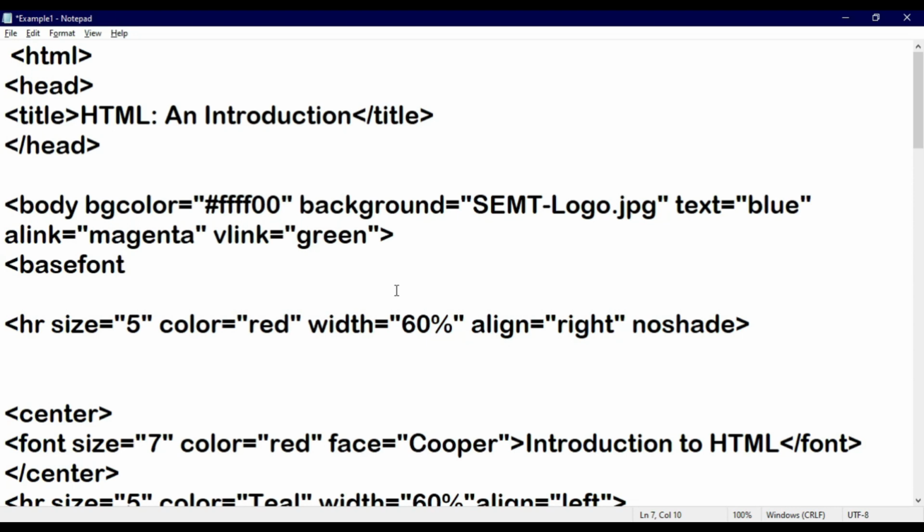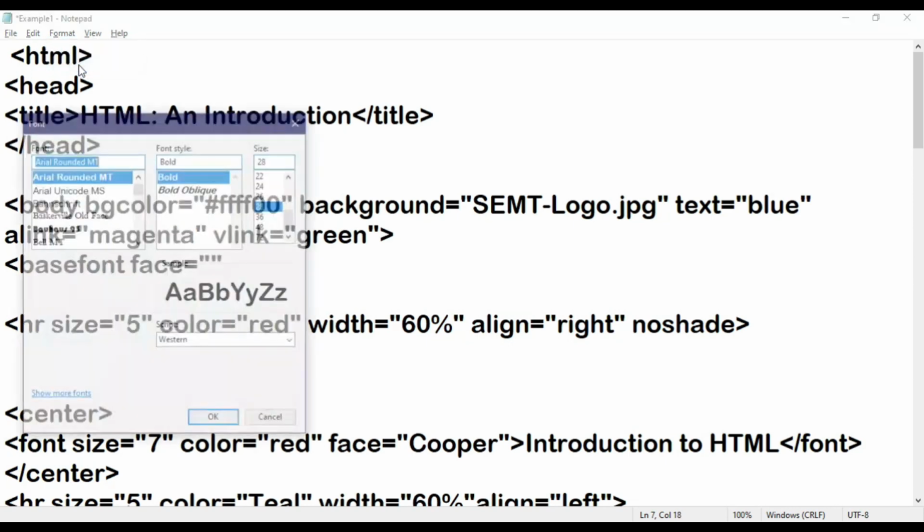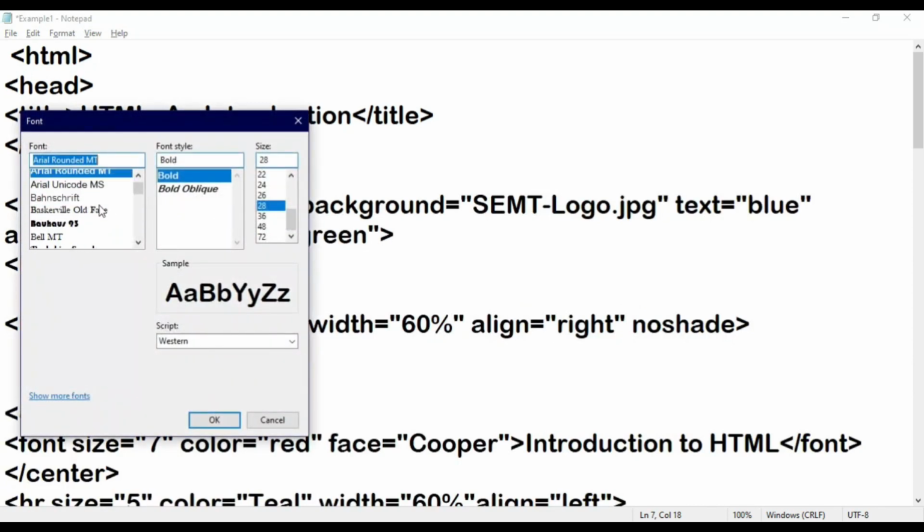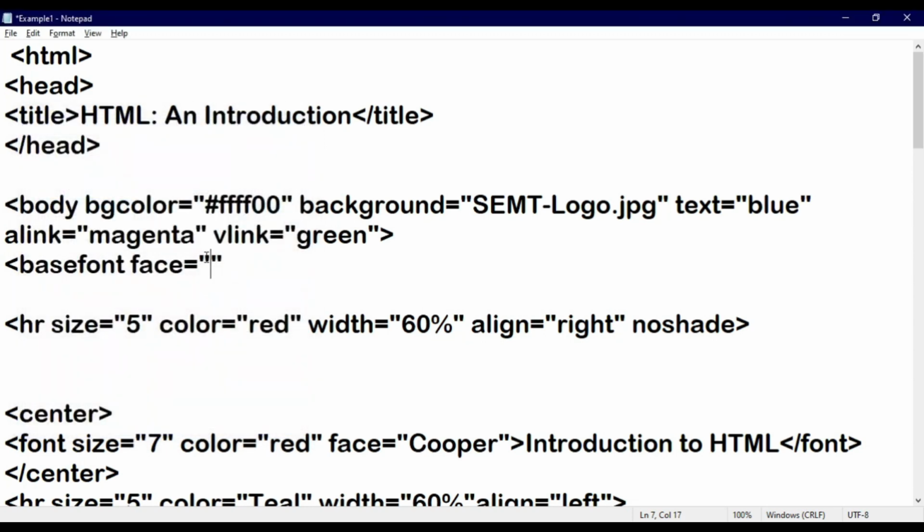What we have to write is basefont, and here I am changing its face equal to. For that, again go to the Font menu, and whichever you prefer, you can set. From here I am taking this Britannica font, copying it and pasting it over here and closing the tag. Also keep in mind that even if you do not close this particular tag, it will still work.